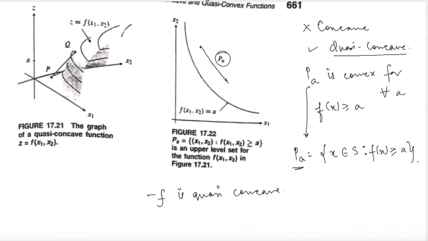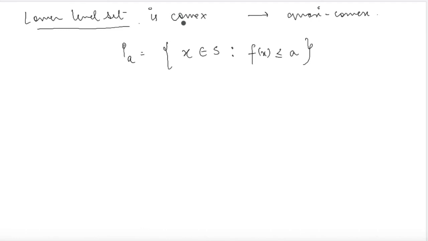So basically these points. Now obviously you notice that this is not a convex set. If you look at this set including this line segment, you will notice that if you take any 2 points on this curve, then the line segment joining these 2 points will not lie in this lower level set, and hence this lower level set is not a convex set. How do we define a convex set? That we have already covered. So I'm assuming that you know what a convex set is.